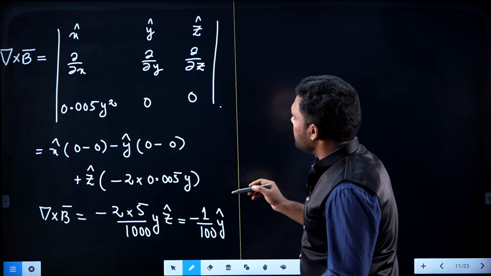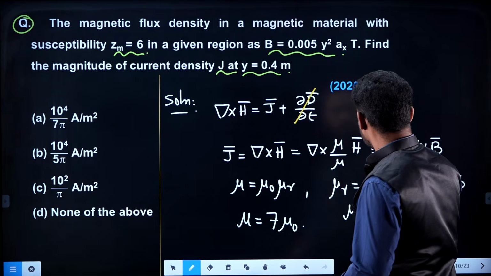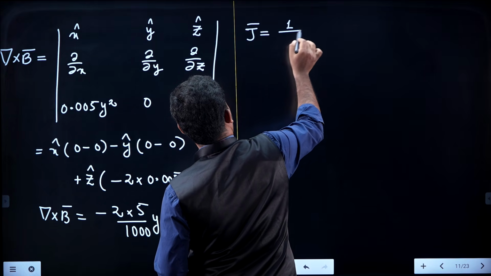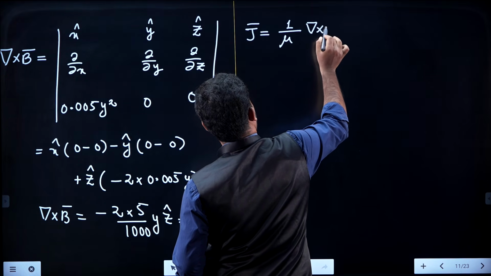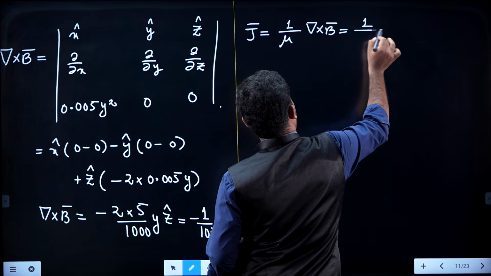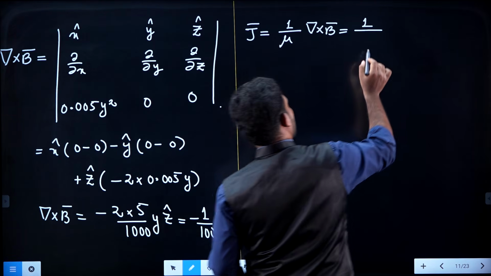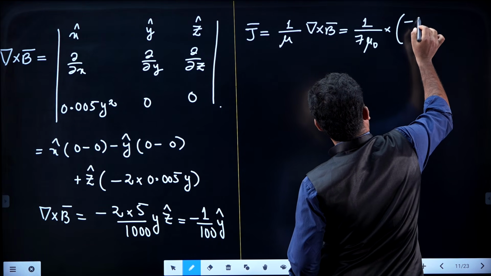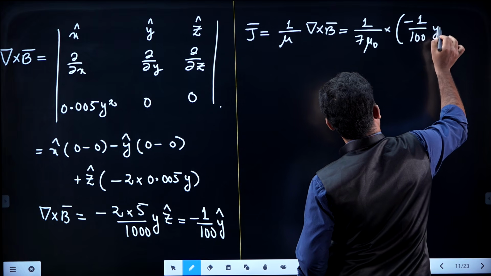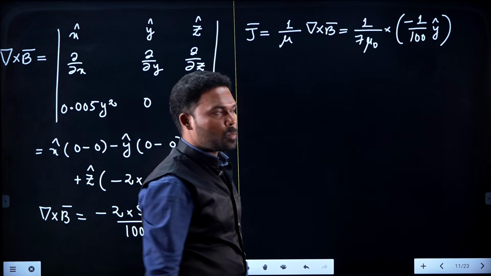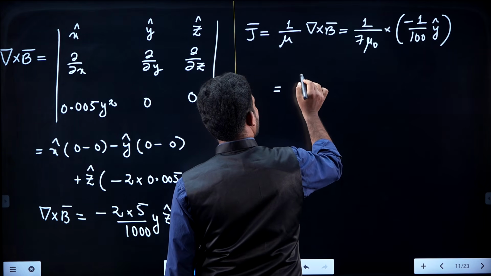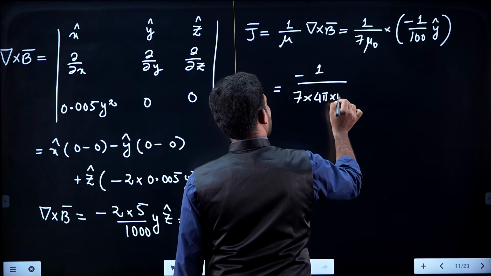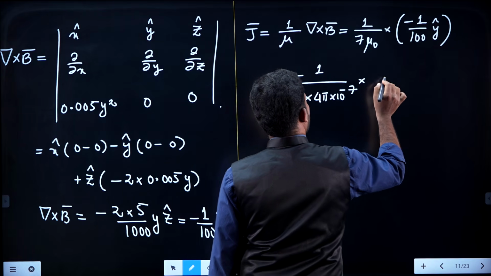So, once you got the curl of B, you can find out this J. J is equal to 1 by mu into curl of B. 1 divided by mu naught into 7 into mu naught into minus 1 by 100 into y cap. Okay. So, it is minus 1 by 7 into 4 pi into 10 to the power of minus 7 into